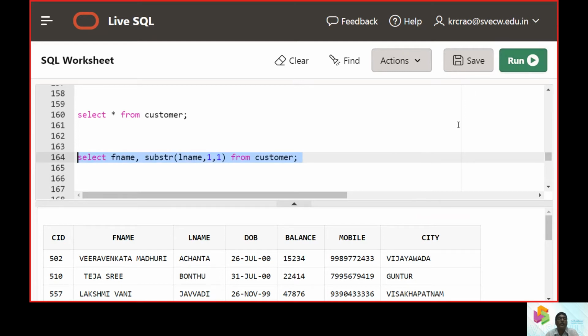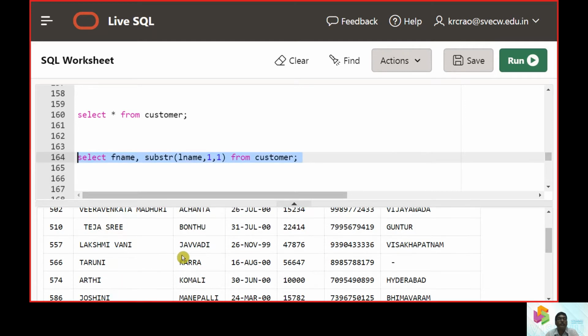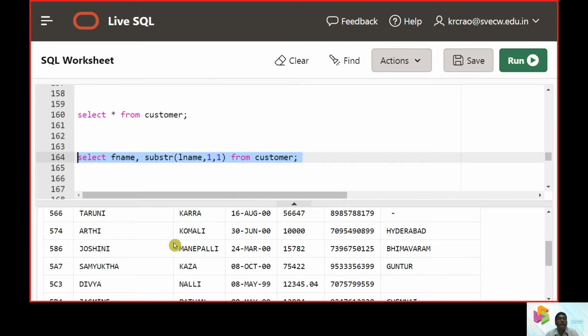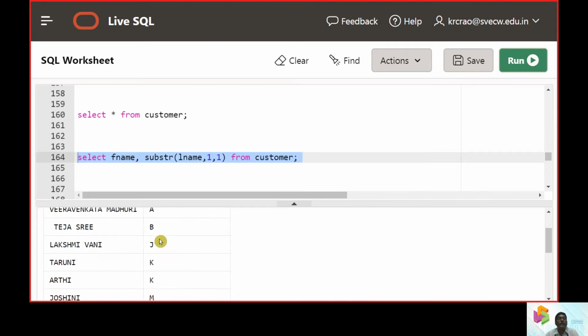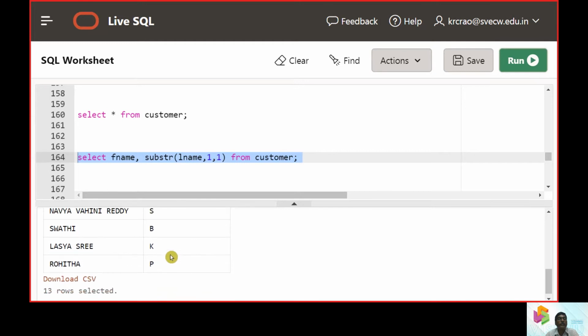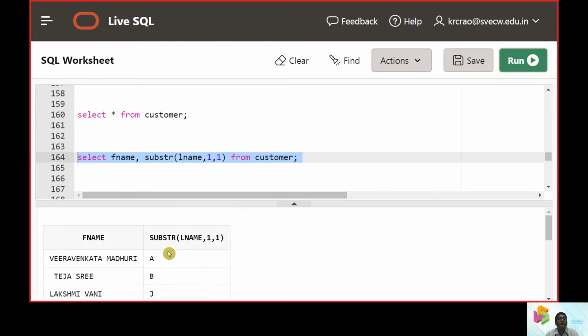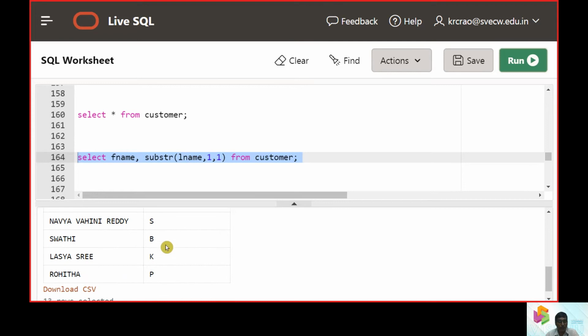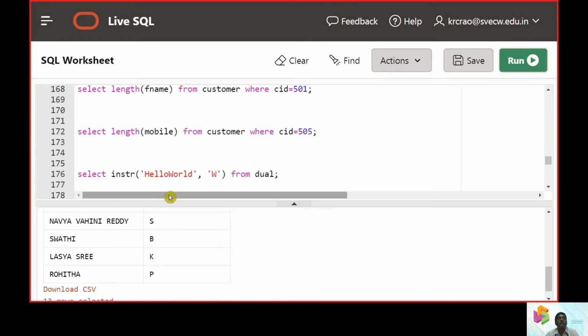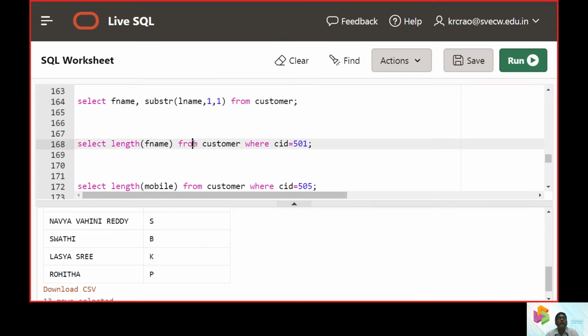So it should be displayed as Tejasvi B, Lakshmi Vani J, Taruni K, Arti K, Joshni K. So in this way, we need to have only the first character for each and every item. We get the initial. So for that, we will be displaying the substring value, and then we will be getting the answers.